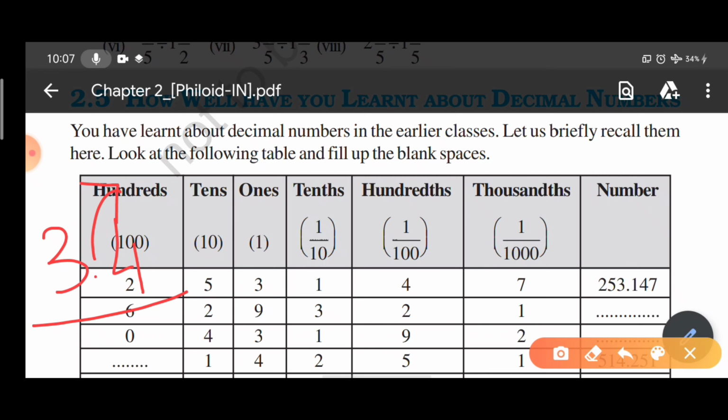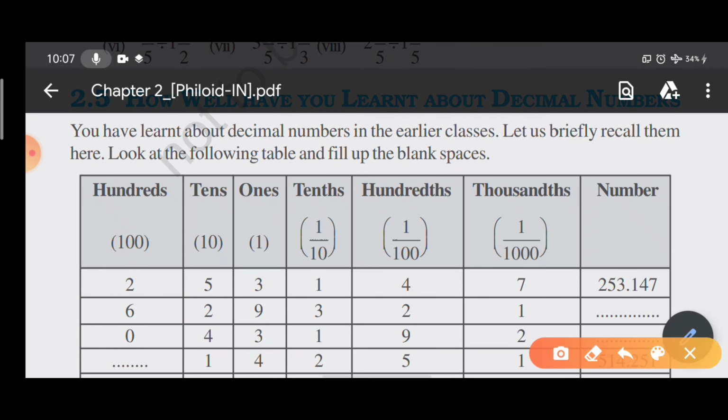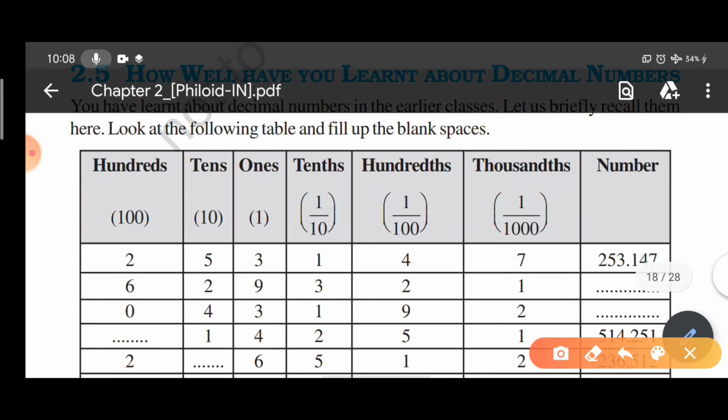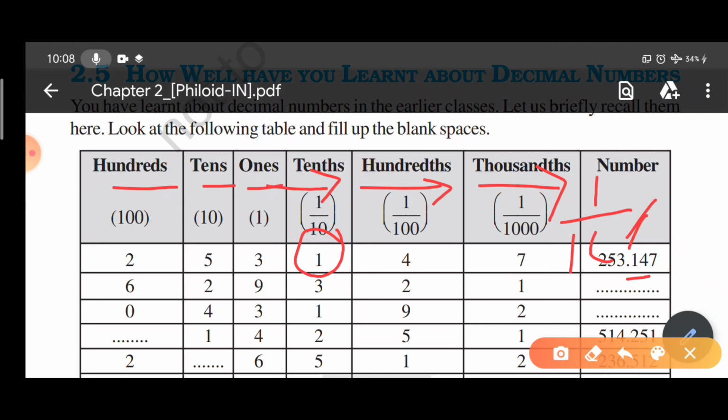And here, when you write in the place value chart, this is how we represent particular values. For example, in simple counting it is ones, tens, hundreds. In decimals it becomes tenths, hundredths, thousandths. So here 1 by 10 is the place value of this particular number. So 1 is written as 0.1, that is one place after the decimal point, which is simply 1 by 10.